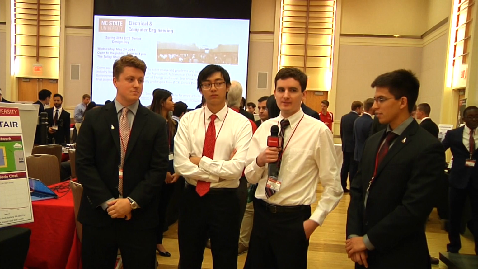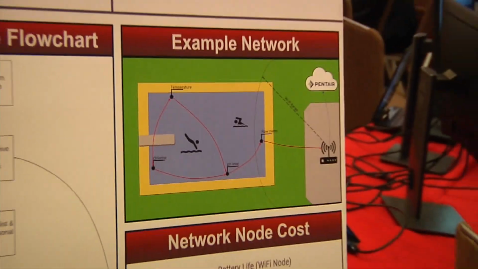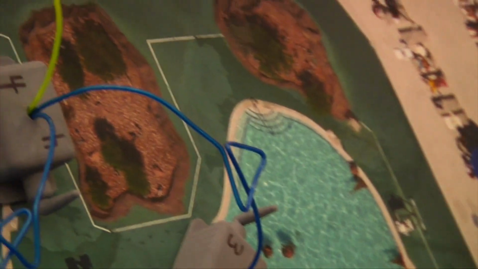The way we implemented the design for our project is we have several independent network nodes which calculate their own cost. This cost they advertise to all the other sensors in the pool. They will send their data that they're periodically logging over Bluetooth to the cheapest node along their path to Wi-Fi. And finally, when it reaches a Wi-Fi node, it will send it off to the cloud to be processed